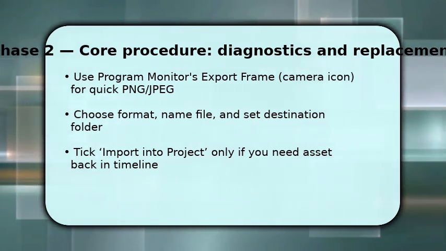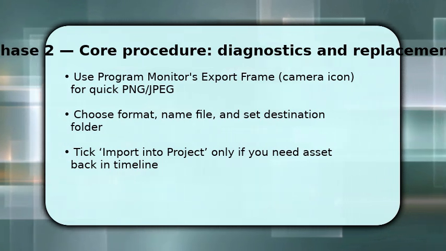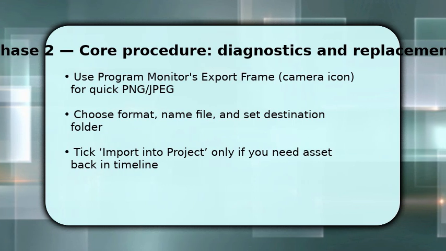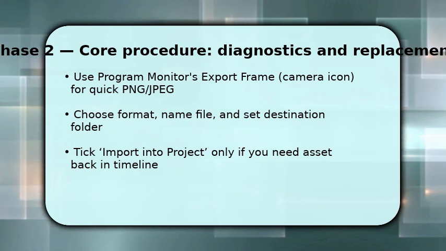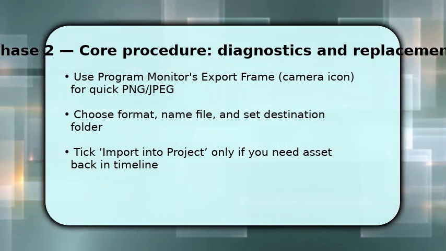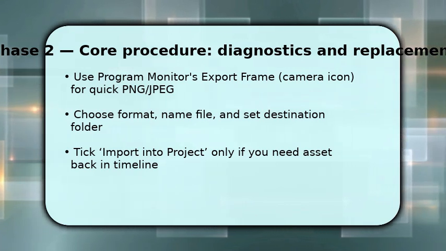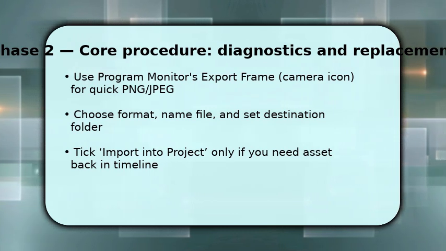Choose PNG for lossless quality or JPEG for smaller files, then type a clear file name and pick a folder where you can find the image later. Make sure the format, color profile, and bit depth match your needs. For color-critical work, choose a 16-bit option or export from an adjusted render. If you plan to reuse the still in your edit, tick Import into Project, otherwise leave it unchecked to save